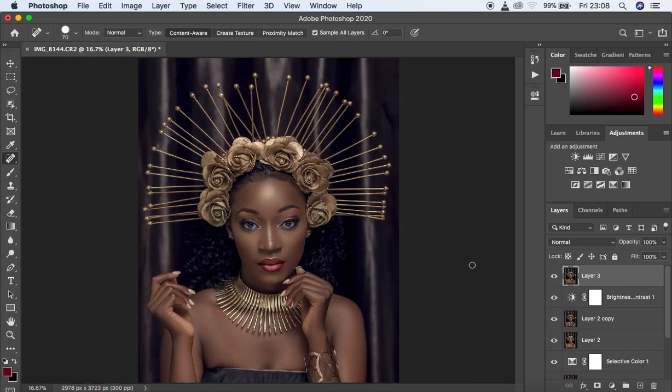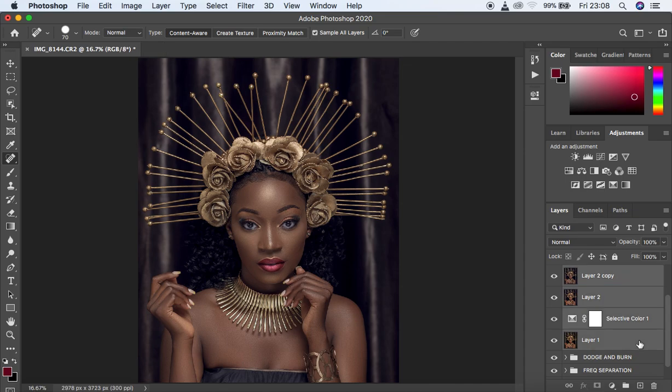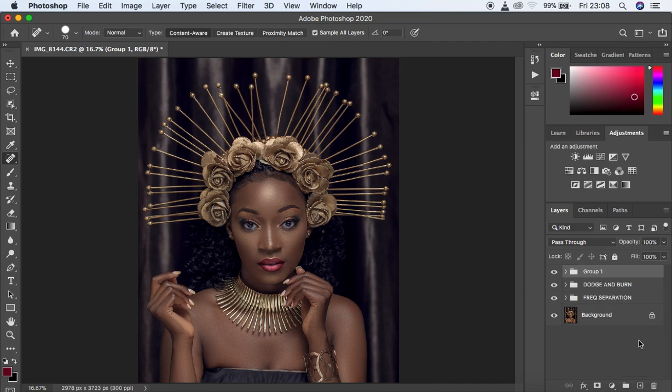So what I would want to do, I'm going to put all color grading in a group by pressing down the Shift key and making sure the above layer is selected and scrolling all the way down while still holding down Shift and clicking on the bottom layer and hitting Ctrl or Command G. So I'm going to name this layer